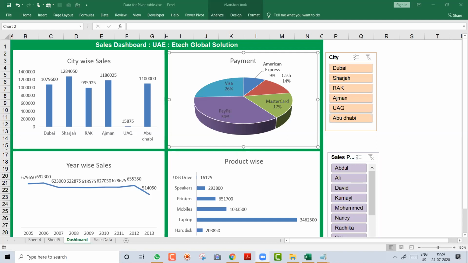Payment chart. Shandar. What about the first chart, sir? Will it change with slicer? Here, there are two things. You are explaining very well. Okay, thank you, Rameshwari. How come in percentage? Okay. What about the first chart, sir? Will it change with slicer? So, Mohammed, are you trying to say to me that if I click on one slicer, all the charts should change? Do you want it like this? Who asked the question?